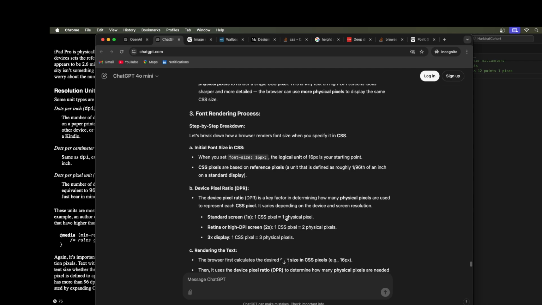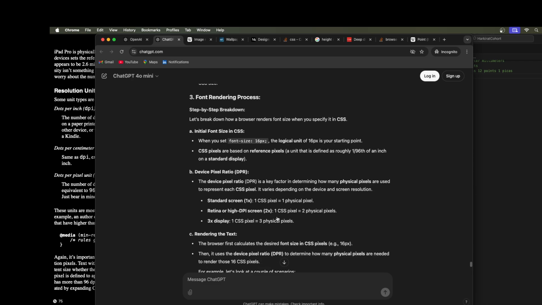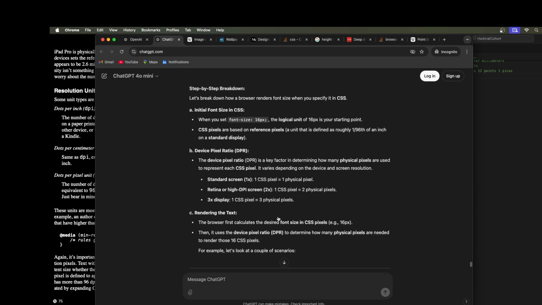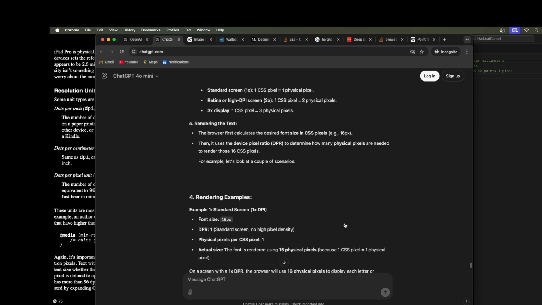If I have one CSS pixel as two physical pixels, then when the browser first calculates the desired font size in pixels, that is 16, it then uses the DPR to determine how many physical pixels are needed to render those 16 pixels. For example,